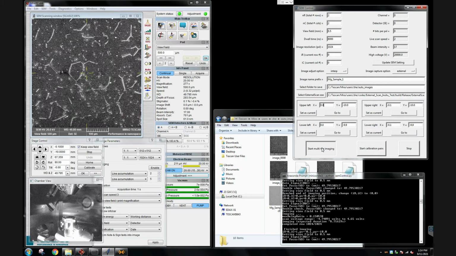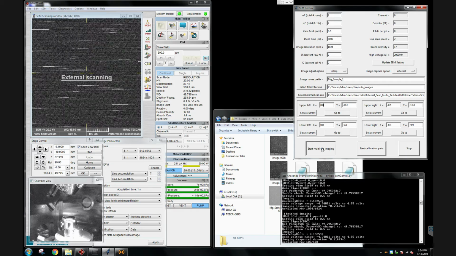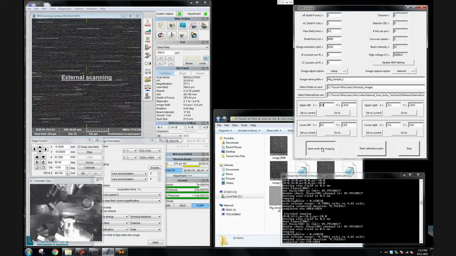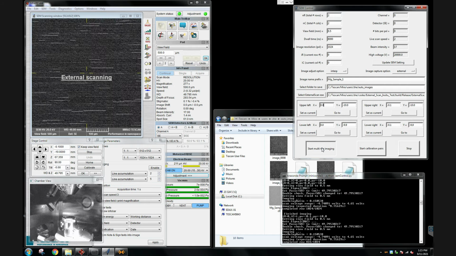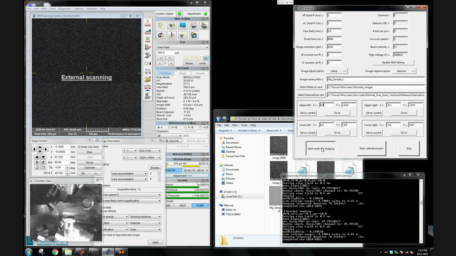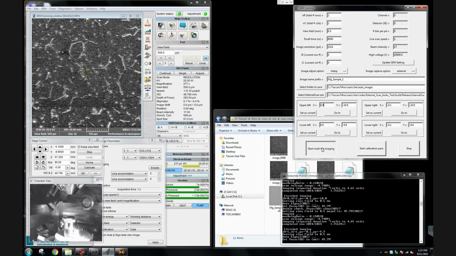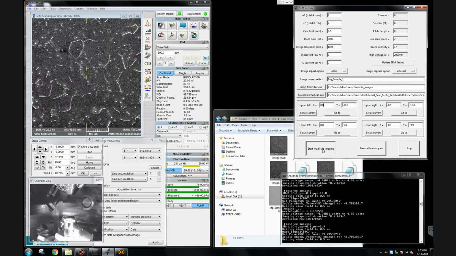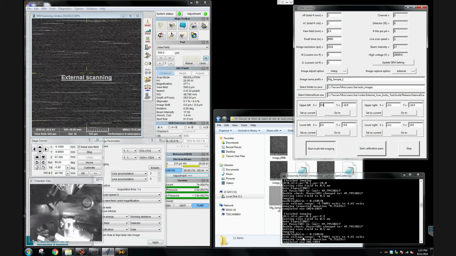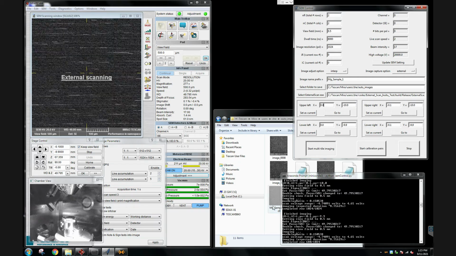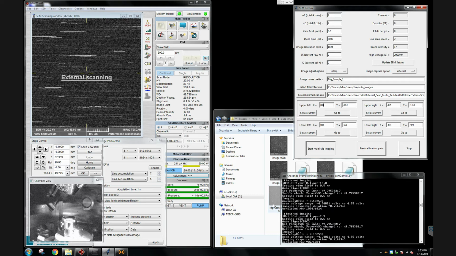At each image position, the Python program is calling our external scan control function compiled by C++ programming. And it's indicating the process here, and this is the image taken by the external scan control.